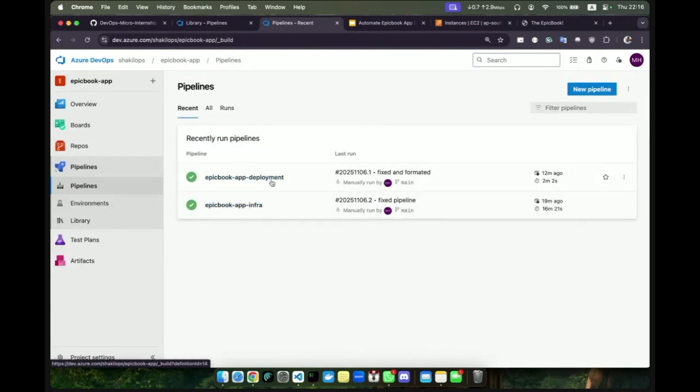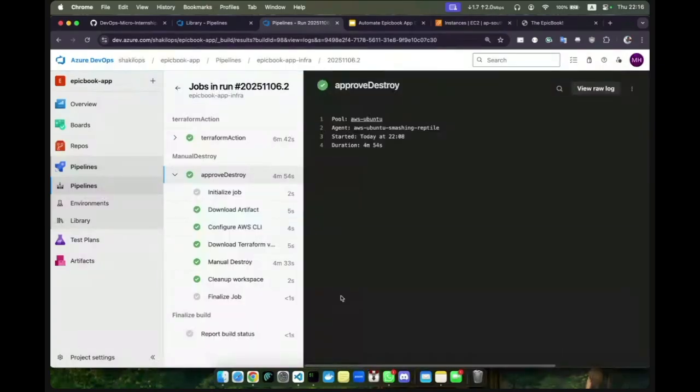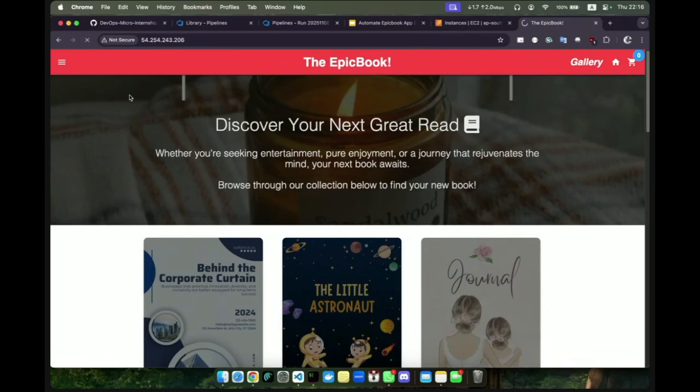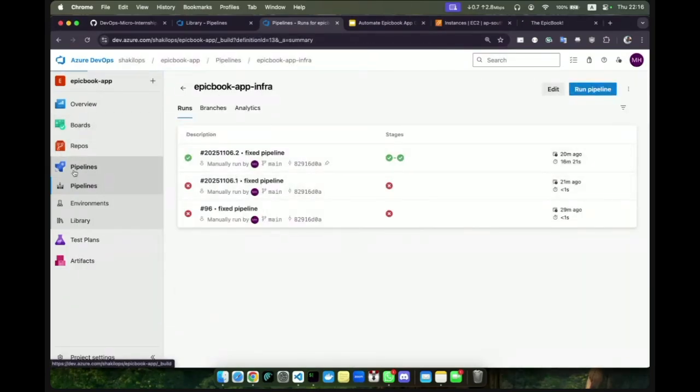Let's go. So you see my EpicBook app infra is also completed, and these two things are also done. If you load this, it's already gone, I think. Yeah, it's not accessible. So this was okay. This was from the infra side. Now, if we look at